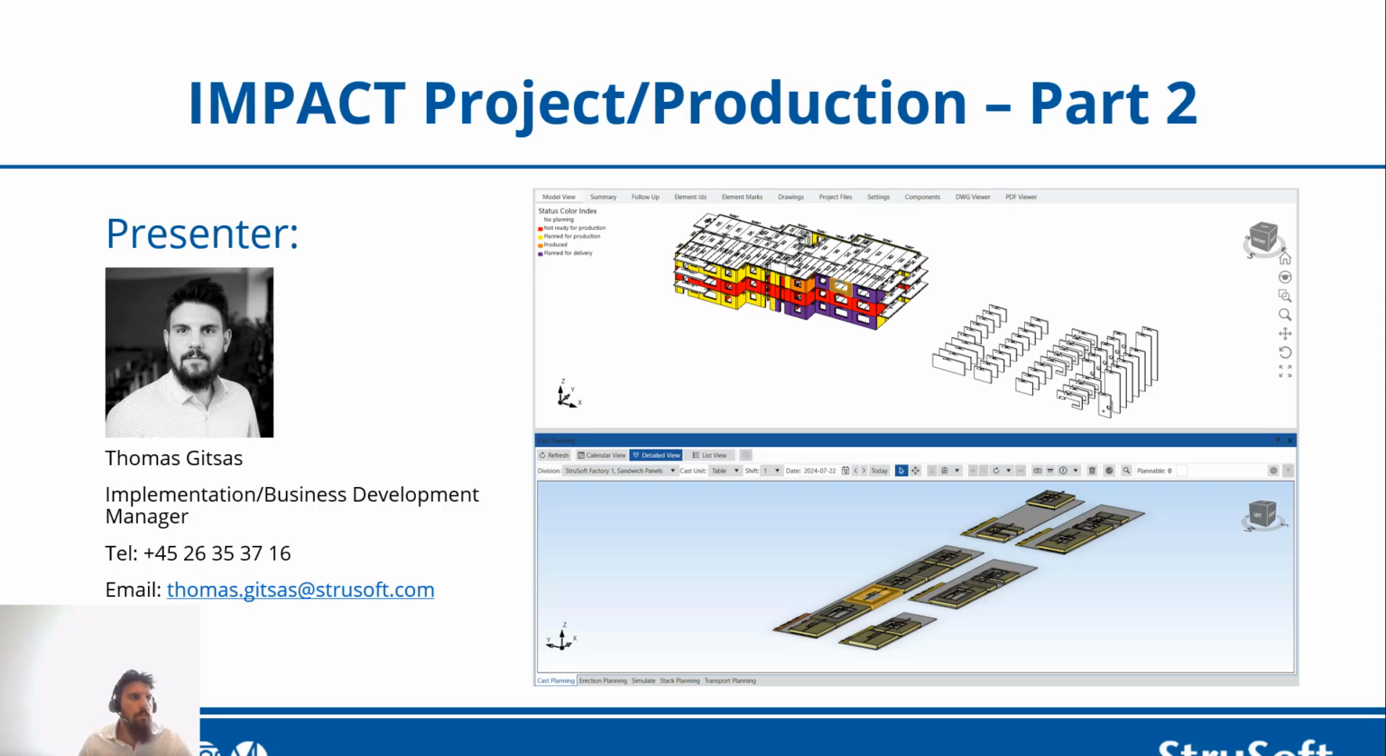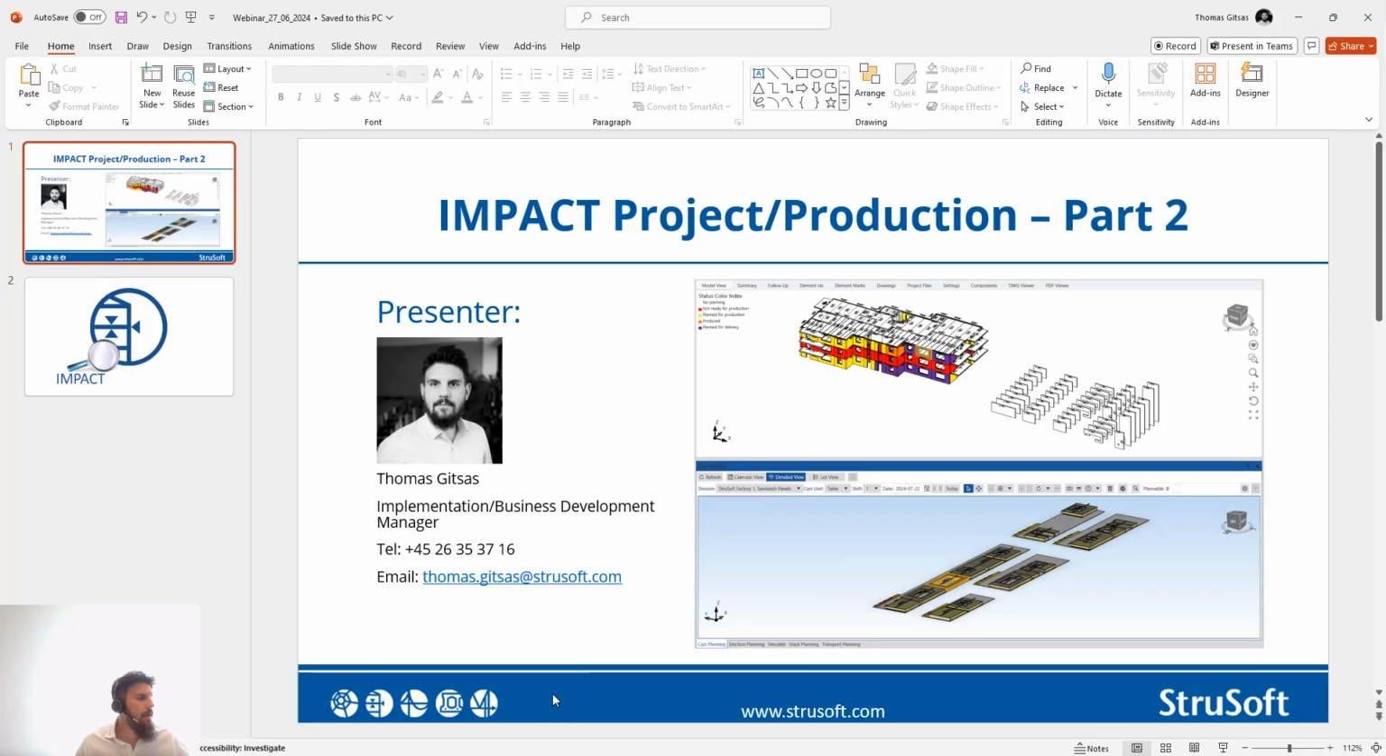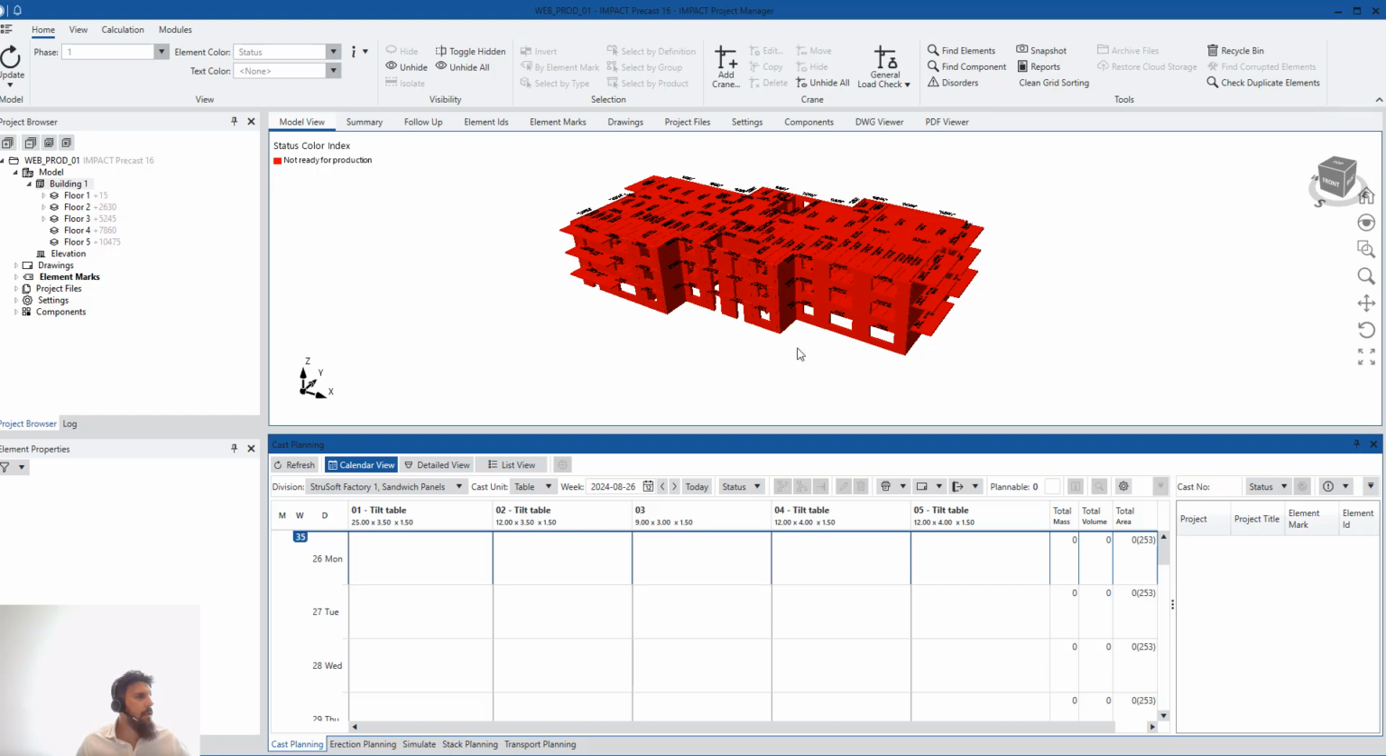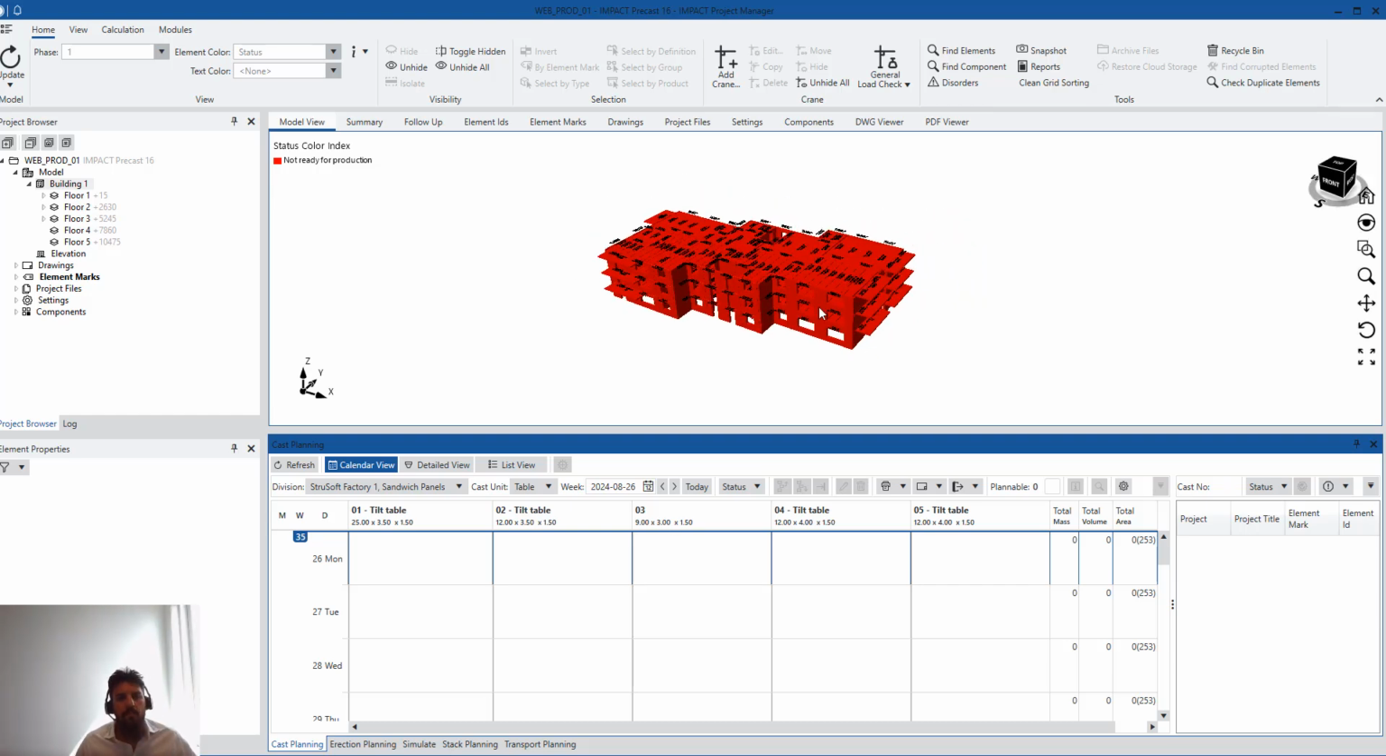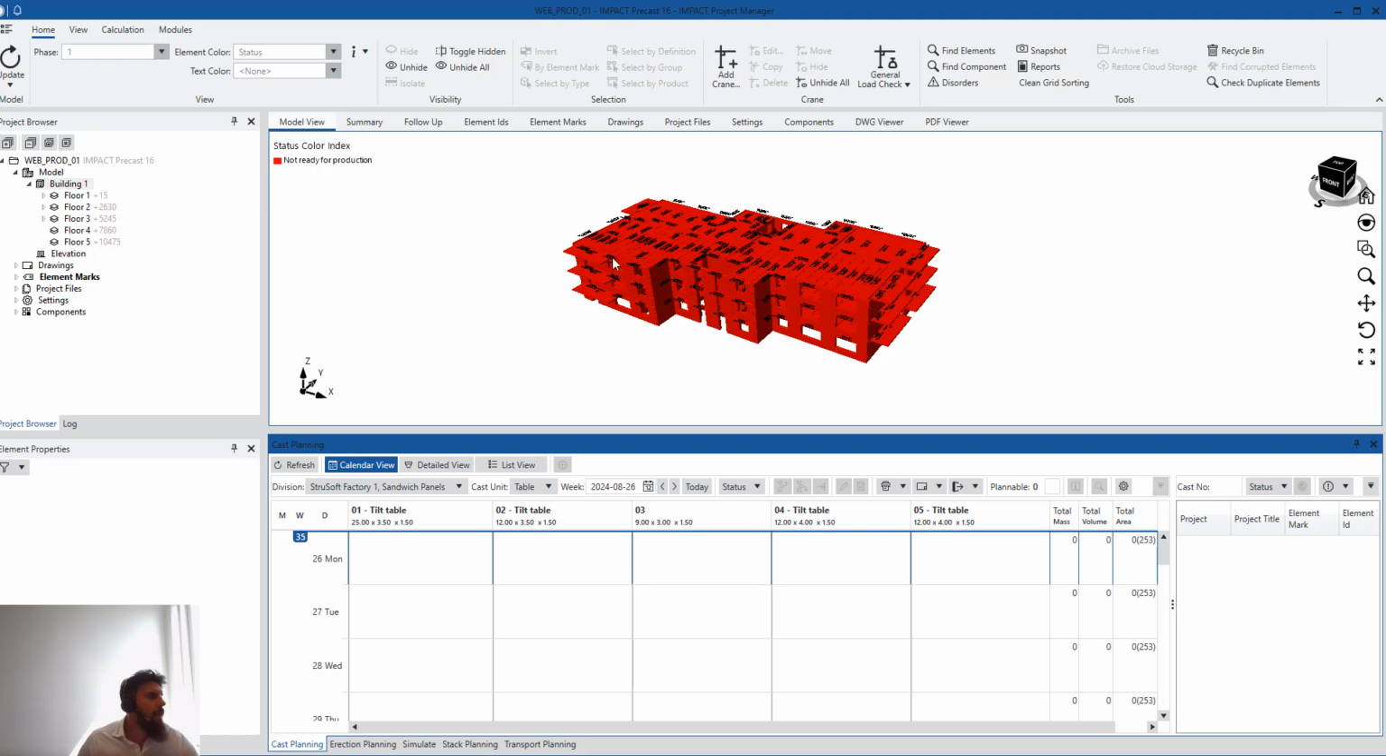Before we go to the new things, let's have a quick review of what we did the previous time. As you can see, here is the project manager, and this is the model that we were handling. The special thing about this model is that it is just a normal structural model. Usually we use that for our presentations, and it has a lot of elements. It has like 3 floors, and what we did was use our expertise to do